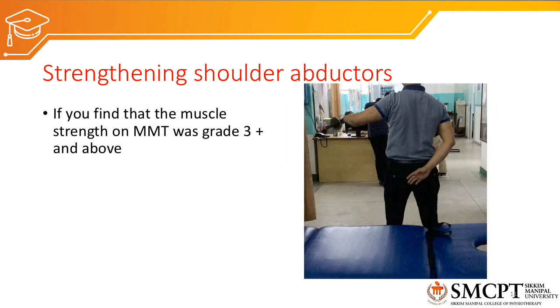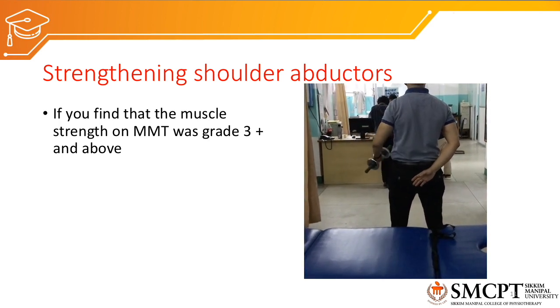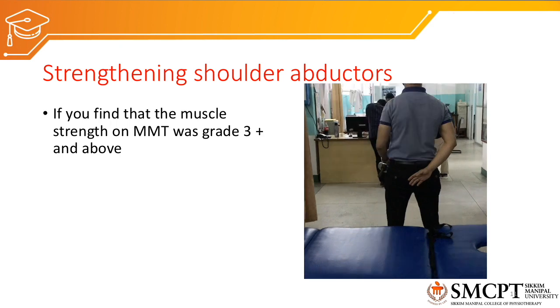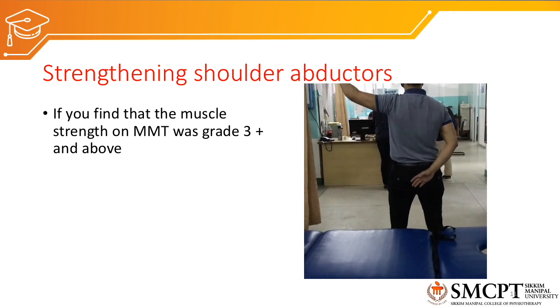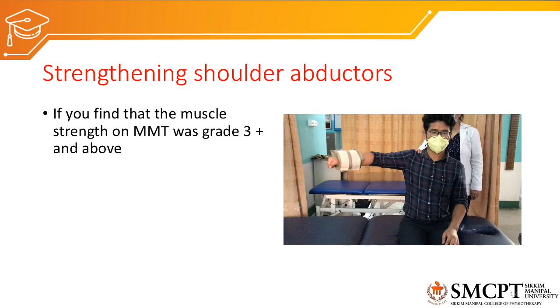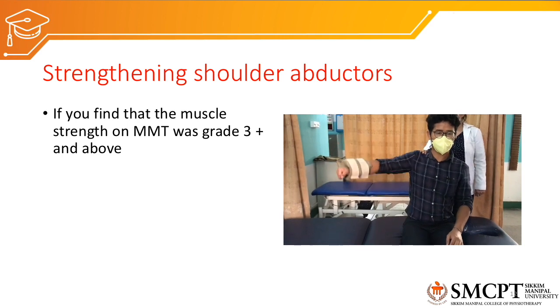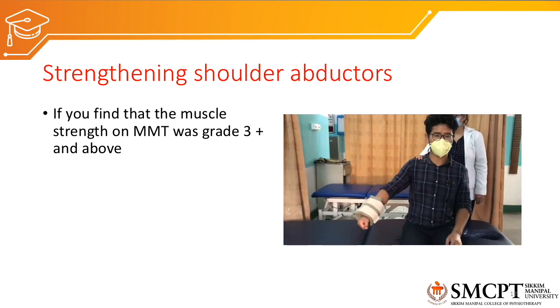Next type of weight that can be used for abductors is dumbbells. Here you can see the patient is using dumbbells against the abduction, where the patient performs 10 repetitions of abduction for 3 sets, and in between every set, again I repeat, there should be a rest interval. Third type of weights that can be used if the patient is not able to grip or hold the weights, we can use weight cuffs. After the weight cuff is wrapped around the distal part of the upper limb, we'll ask the patient to perform abduction for 10 repetitions